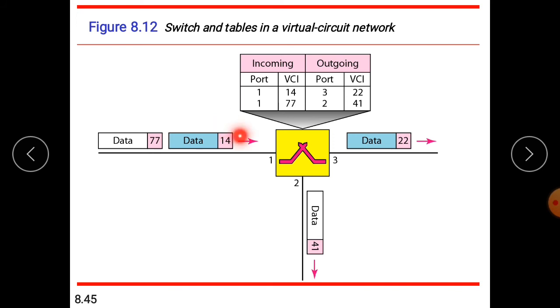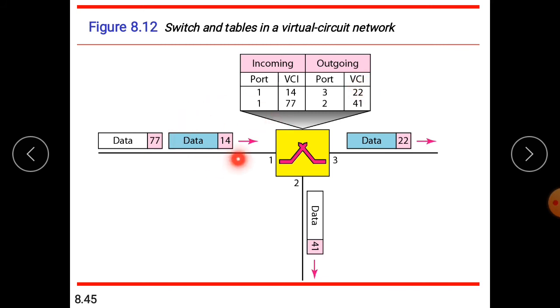Whenever this frame arrives, the switch will look at its table to find port number 1 and VCI 14. When it finds that entry, the switch knows to change the VCI into 22 and forward this frame to port 3.